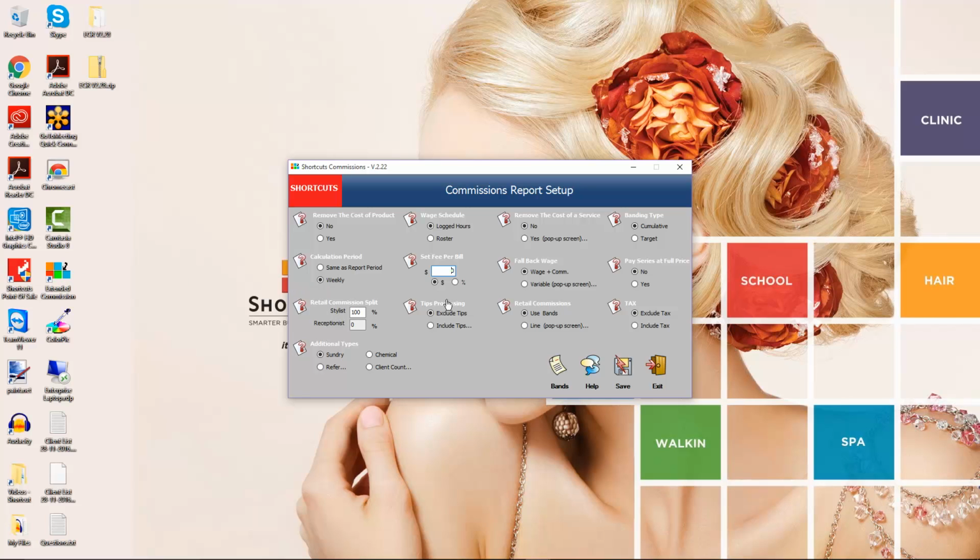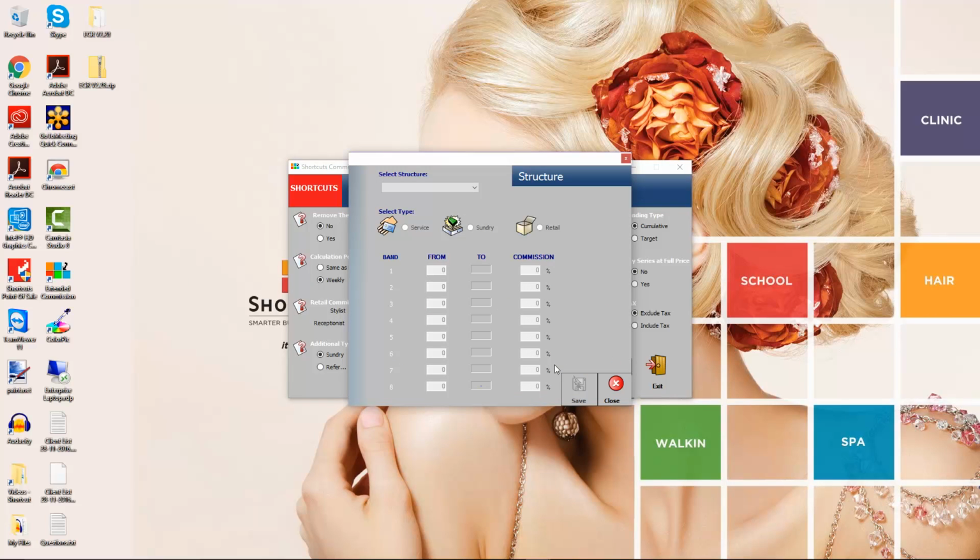First, select Bands. Here you can specify different commission bands for services, sundry items, and retail sales. To set this up, select the relevant commission schedule from the drop-down list. Then select Service, Sundry, or Retail. When setting up retail bands, you can choose whether you want to calculate commission based on the amount or the